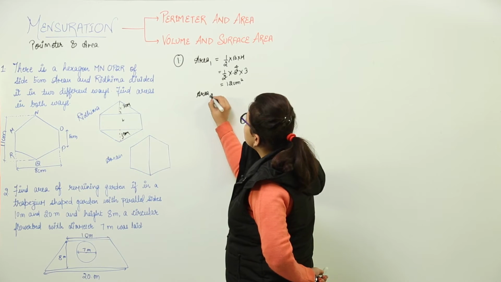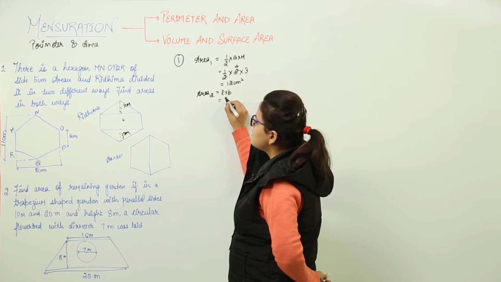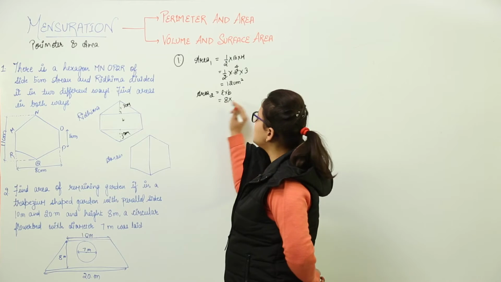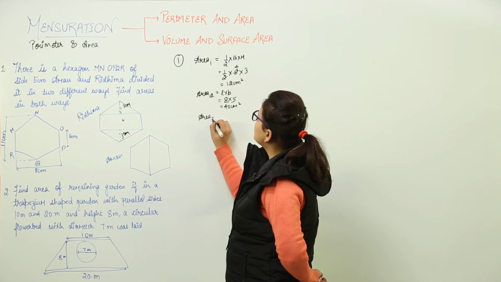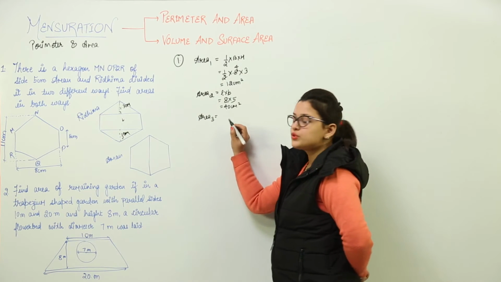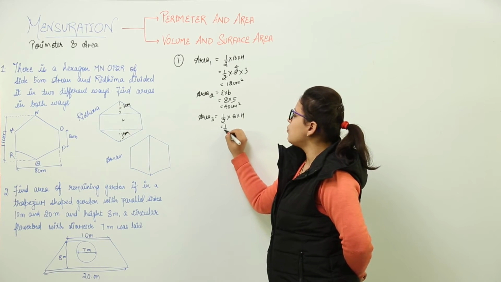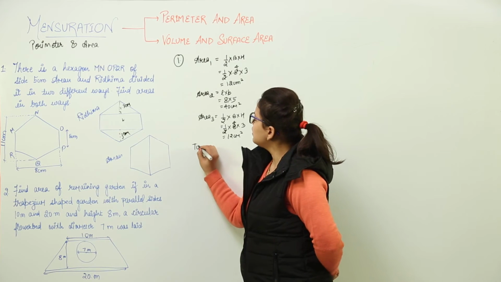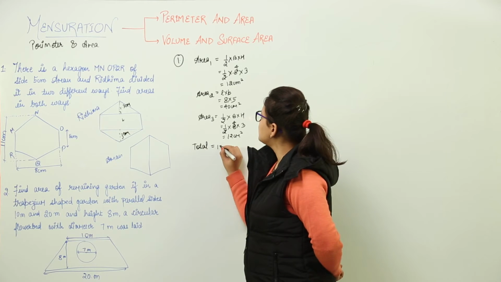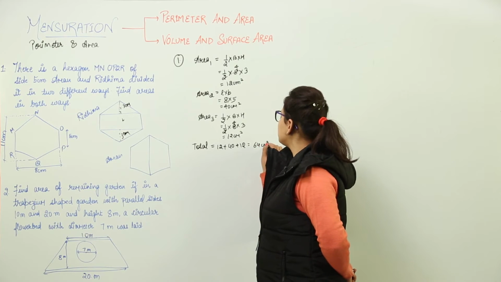Now the second area, again you would see it is a rectangle. Area of a rectangle is simple, length into breadth. Its length is given to us as 8, and its breadth will be 5. So we get 40 centimeter square. Similarly, we will calculate the third area, which is also a triangle. So we get 1 by 2 into base into height, that is equal to 1 by 2 into 8 into 3. Again we get the same area, 4 3s are 12 centimeters square. Now the total of all 3 areas will be equal to 12 plus 40 plus 12. That comes out equal to 64 centimeter square.